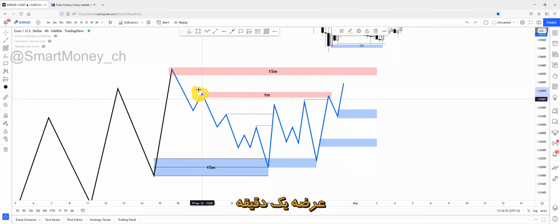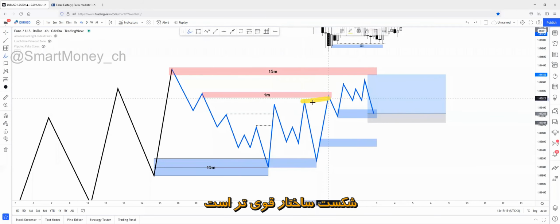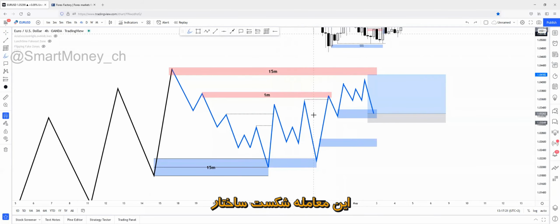You can wait for a criteria like liquidity creation for this zone, which will make this trade even stronger. You can wait for a criteria like liquidity, but you can also go for a continuation without liquidity when price flips the zone, because a flip is stronger than just a break of structure.